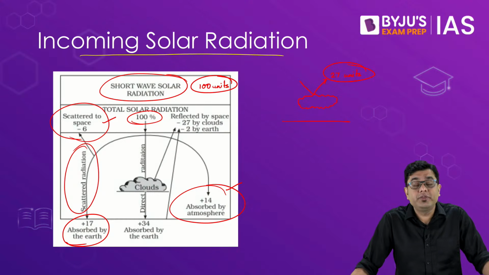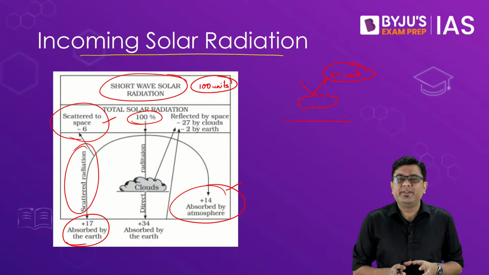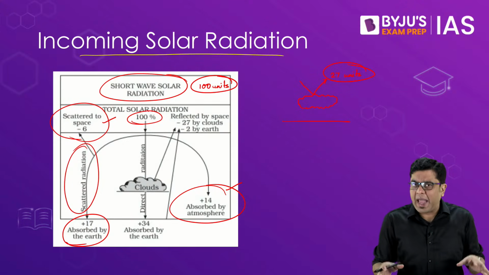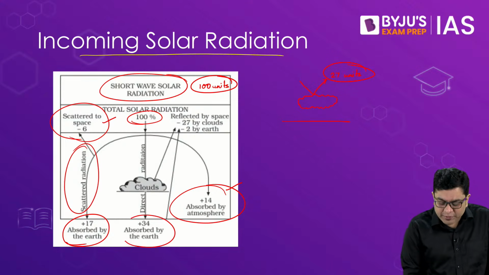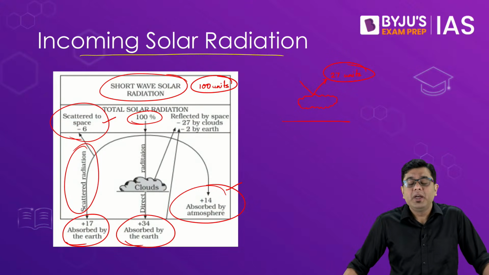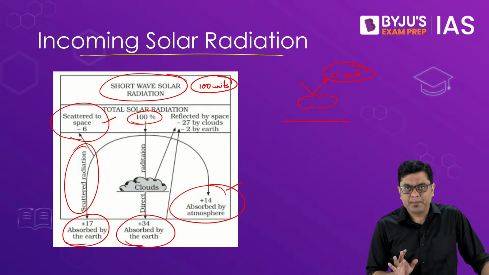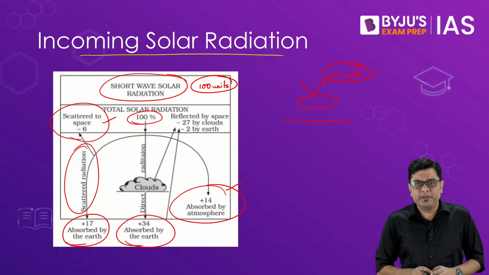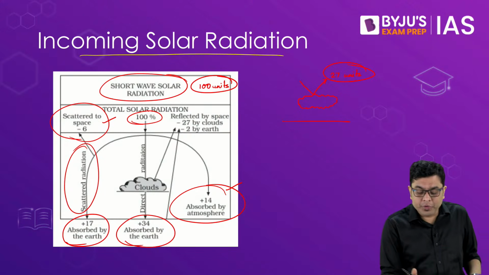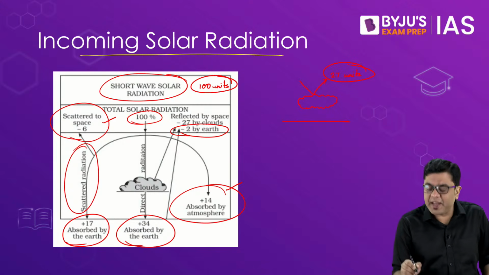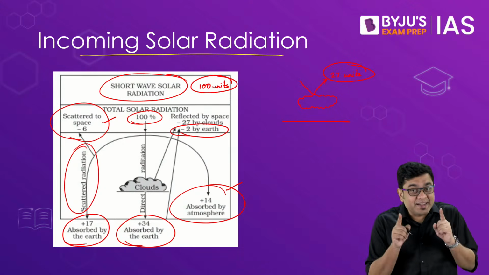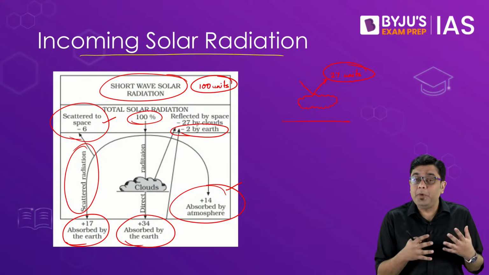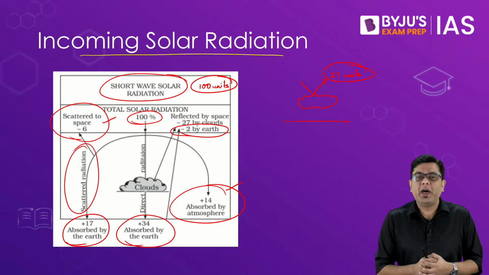Now, the solar insolation will also reach the surface in areas where you don't have a significant amount of cloud cover. On average, you can say that around 34 units will reach the Earth's surface directly without much interference. Even from hitting the Earth's surface, you will have 2 units of solar insolation which shall be reflected back into space. And it is these 2 units which make the Earth appear like a blue planet when viewed from outer space.